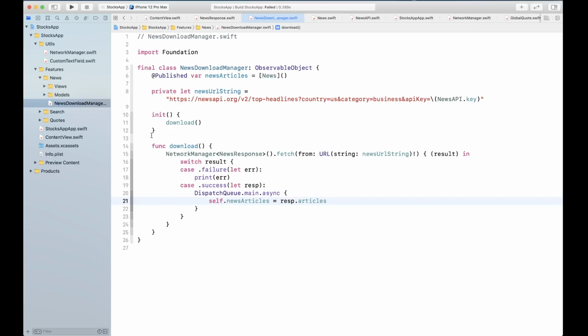Eventually, when the download finishes, we're going to have news articles, and those news articles are what we're going to use to display on the UI. So next up, we're going to create that bottom sheet view that we were looking at in the app, and we're going to put our news elements inside that.